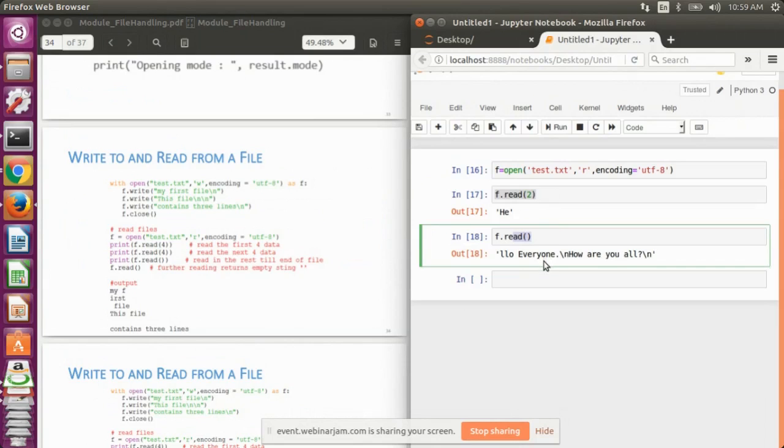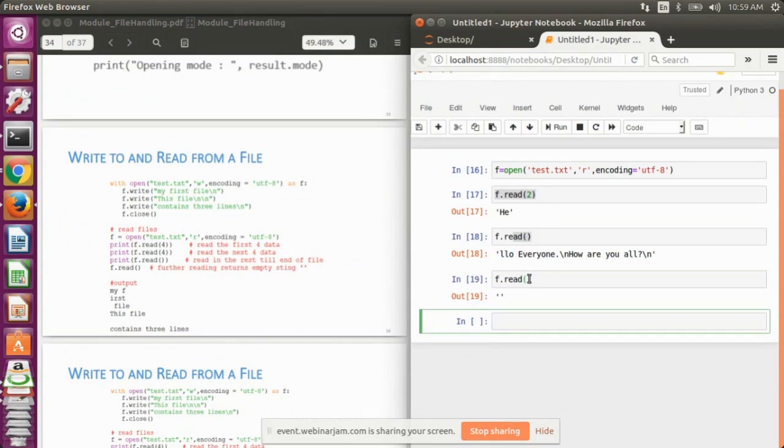Fine. So just remember that whenever we read anything, after performing the reading operation, the current position of the cursor that we are using to read the content from the file moves ahead. Fine. So it will print the remaining characters only. Now if I again write f.read, it will return nothing because I have already read everything from the file. Fine. So now suppose if I write f.write